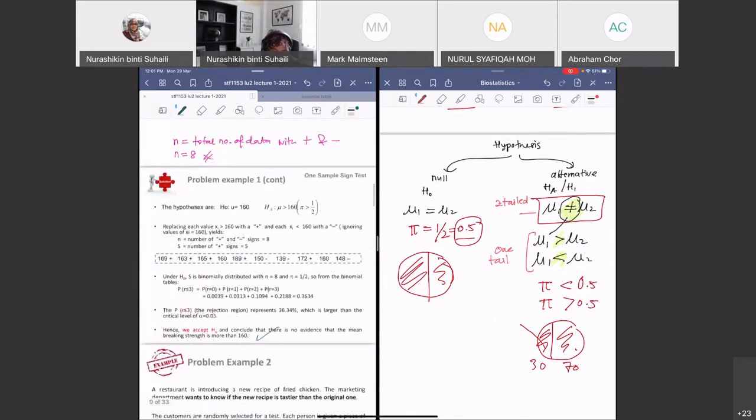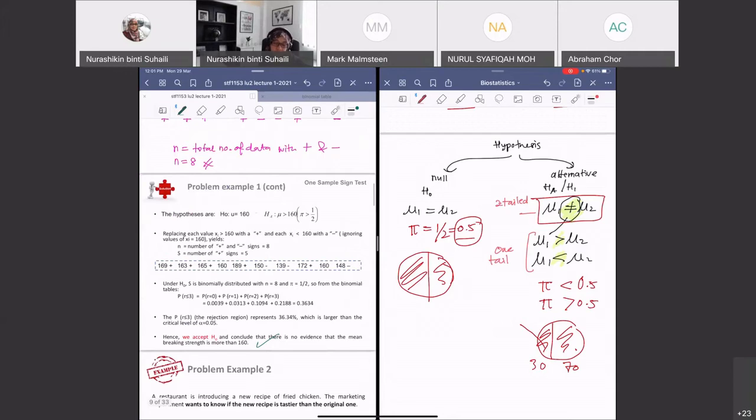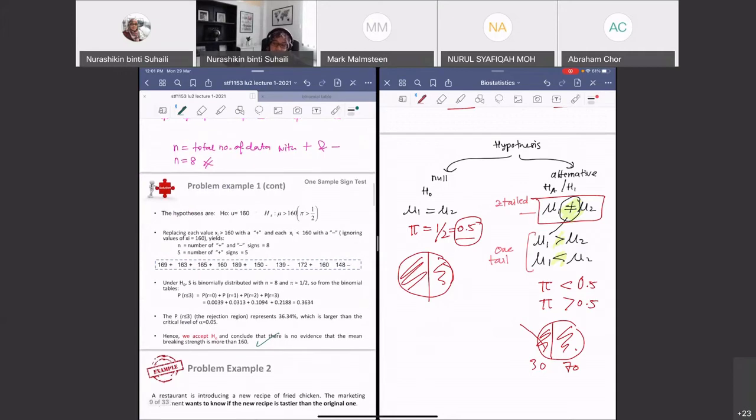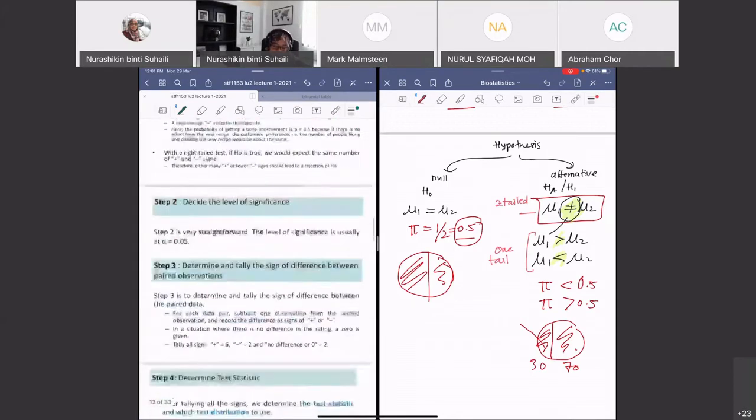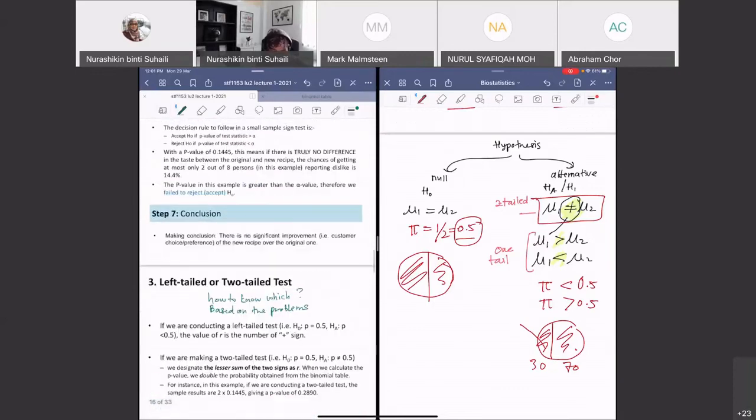The first example that we discussed now is actually one tail, because of the alternative hypothesis we set, greater than 160. If, let's say, we go to